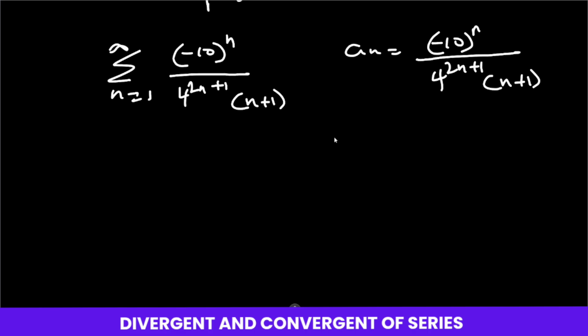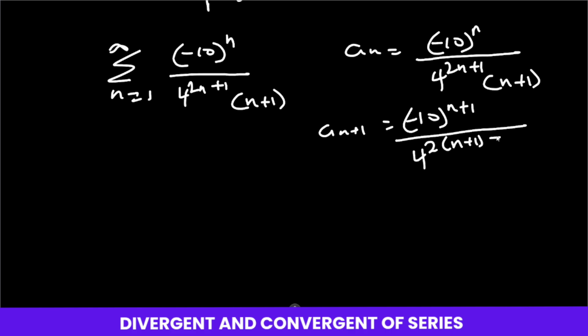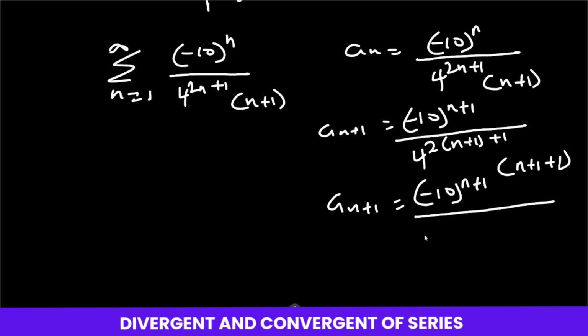This is a_n. If you want to look for a_(n+1), it means wherever you see n, we are going to put in n plus 1. So here this is 4^(2(n+1)+1), multiplied by (n+1)+1. So our a_(n+1) will be equal to, I want to simplify it again, (-10)^(n+1) all divided by 4 exponent, so multiply to expand it,